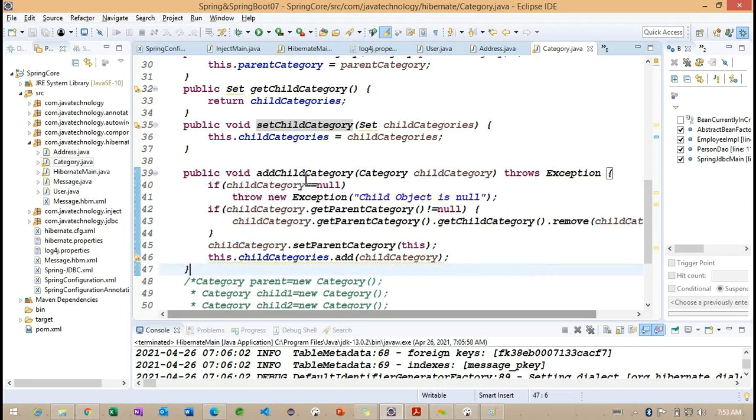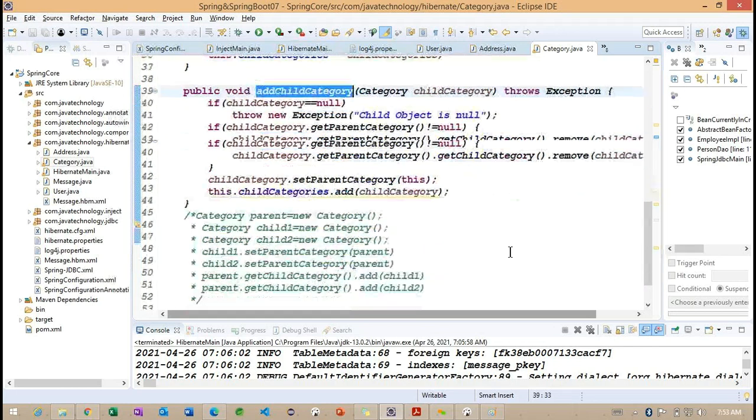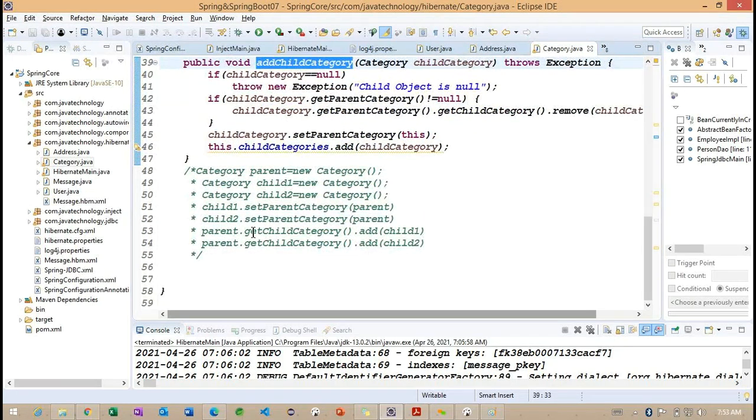Observe what we are doing here. We'll call this add category directly, so we are not going to specify this much information here. Child category dot, here we can specify this object information, child 1.